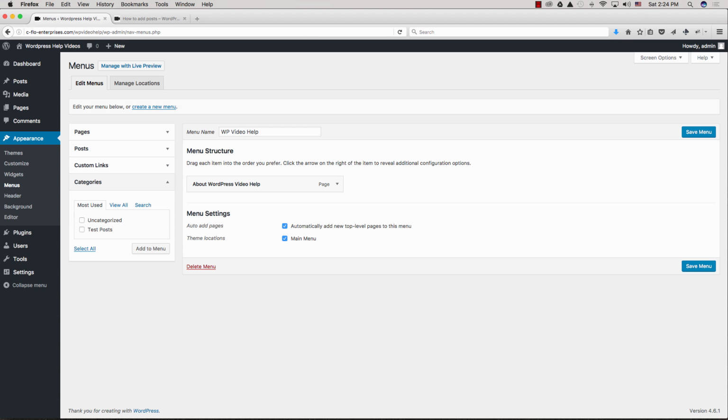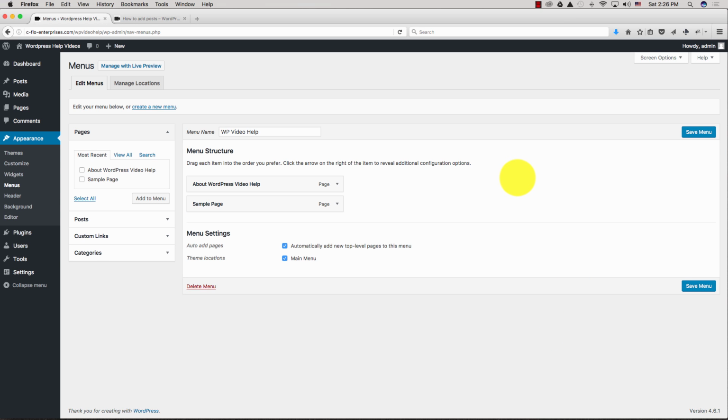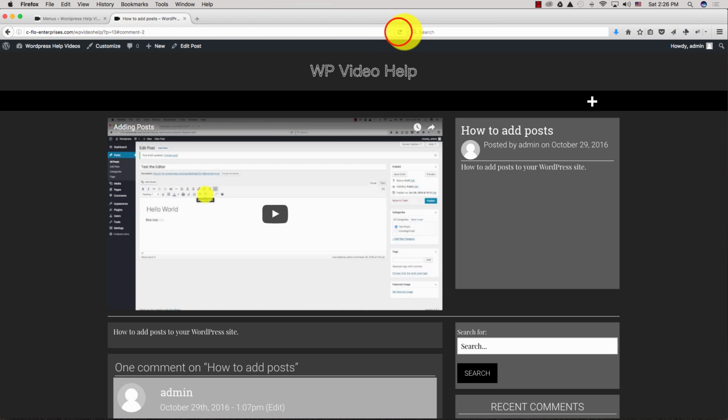If you wanted to add your categories there, you could, but we're just going to go ahead and add that, and that'll just always take you back to the about page. And so we're going to probably add another page for contact, so we'll have about us and a contact, and then the home page will be available there. So once we save that, then we can go back and we'll look at our page,